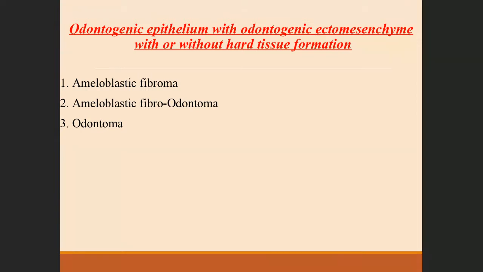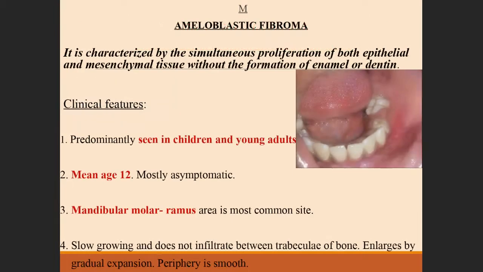Now here some tumors you might see hard tissue formation, which might resemble enamel, dentine, or tooth-like structure. In some, you find only the soft tissue part proliferating. It has not differentiated to the extent of hard tissue formation. Now, in this, we'll discuss only two, that is ameloblastic fibroma and odontoma. Ameloblastic fibroma. Now, this tumor is very important because here you see the mouth of this patient. If you remember this clinical picture, it gives you a hint of all the clinical signs and symptoms.